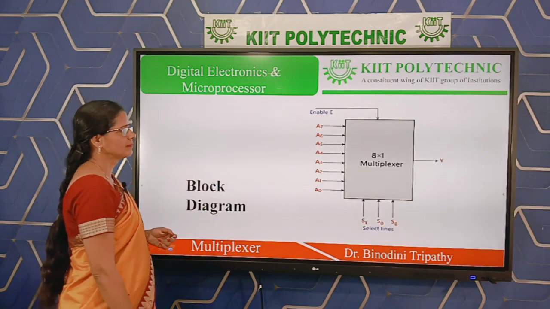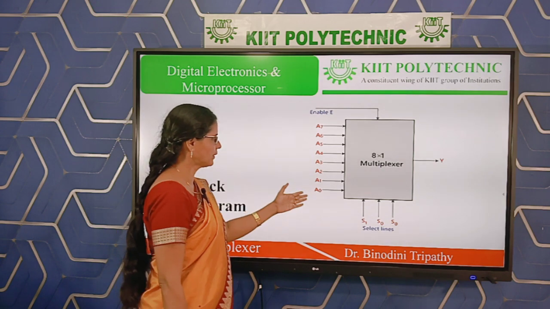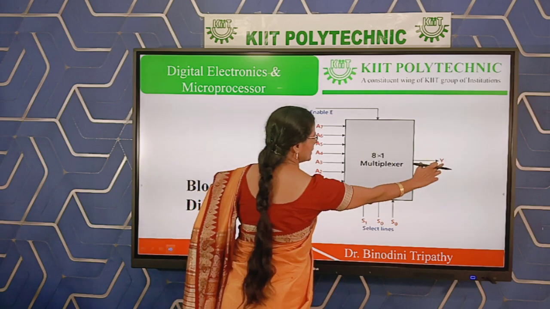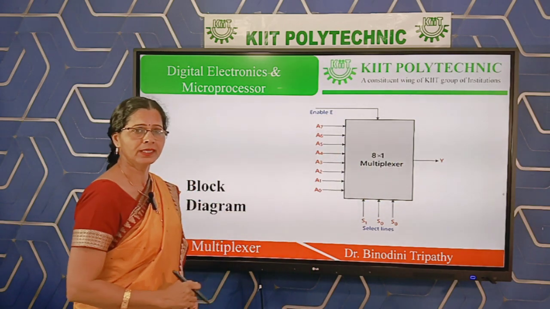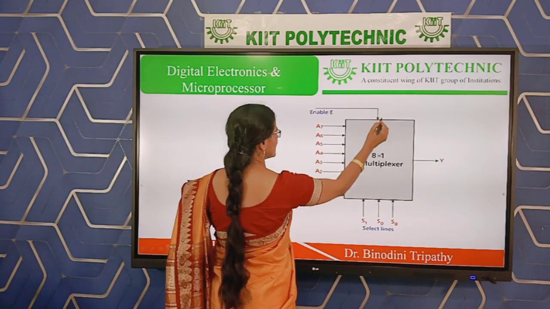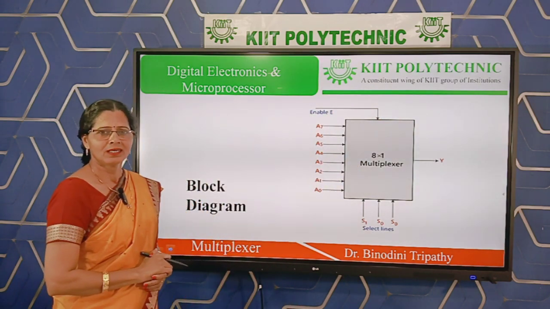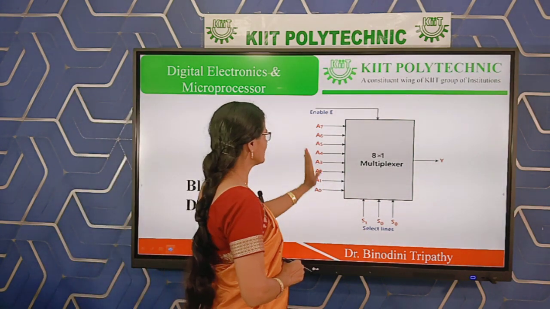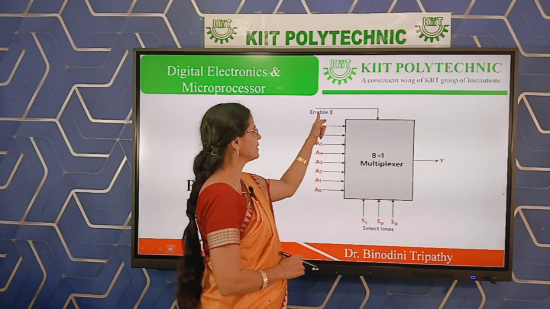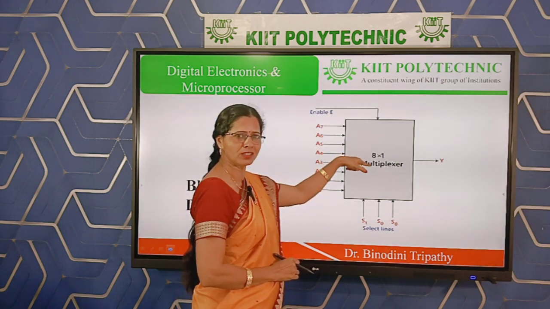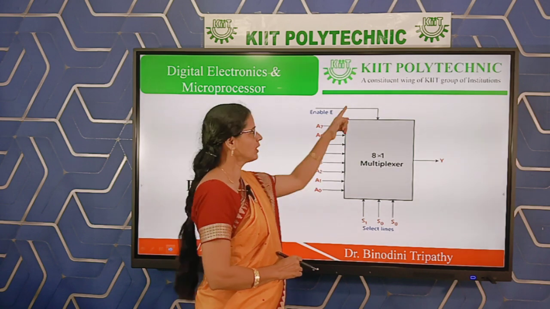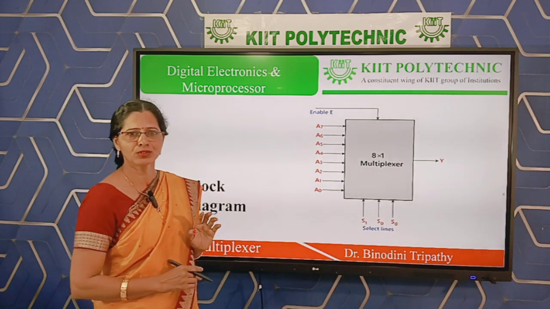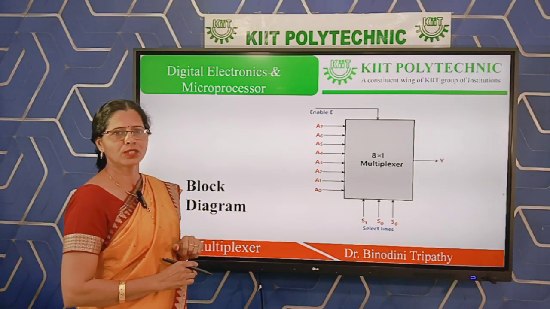And this is the simplified version. Total 8 inputs, 3 selection inputs. As per the bit value of the selection input, the corresponding input signal will be available at the output. And this is another extra controlling signal we are using here. This controls the entire functioning. Whatever the selection input or actual input may be, if this is not providing the enable capability to the mux, the complete function will be stopped. So you can remove this one, but in practical life this is always available. Just like using a bulb without a switch is not suitable, but the bulb can glow.